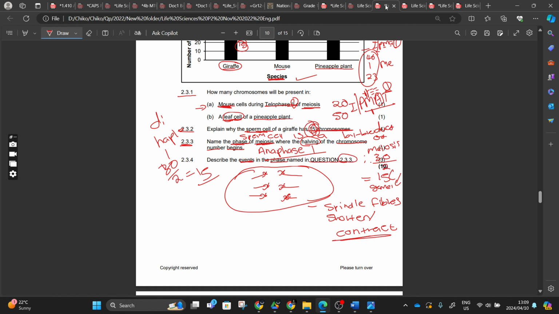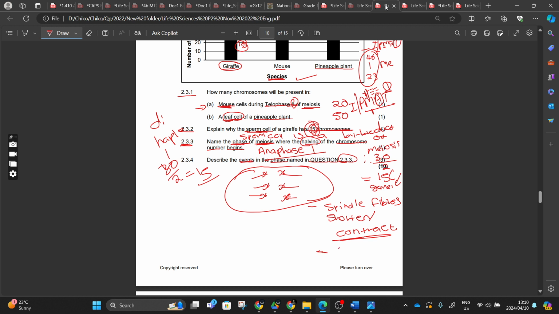We are also going to use this word when studying our human eye, right? There's an iris, the black thing here. When that black thing comes together, we say it contracts, and when it relaxes, we say it relaxes. We're still going to learn that, right? So when you say something contracts, it means that it's pulling, it's shortening, right? So the spindle fibers will shorten,